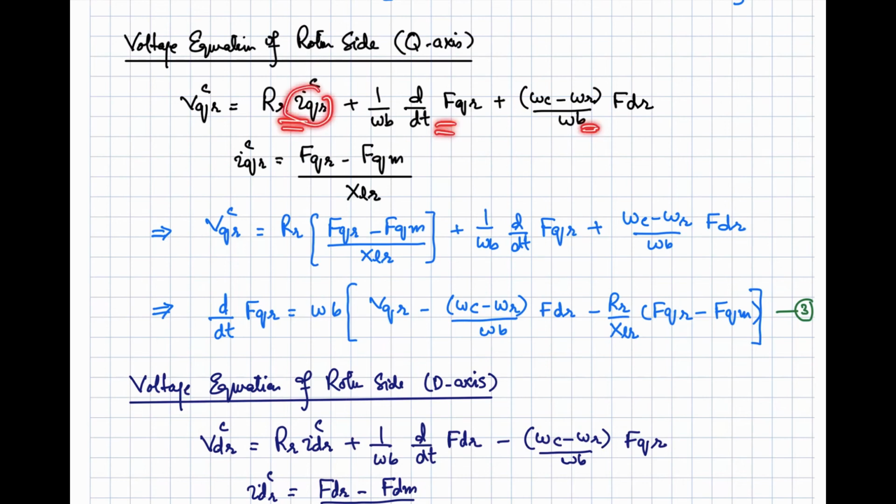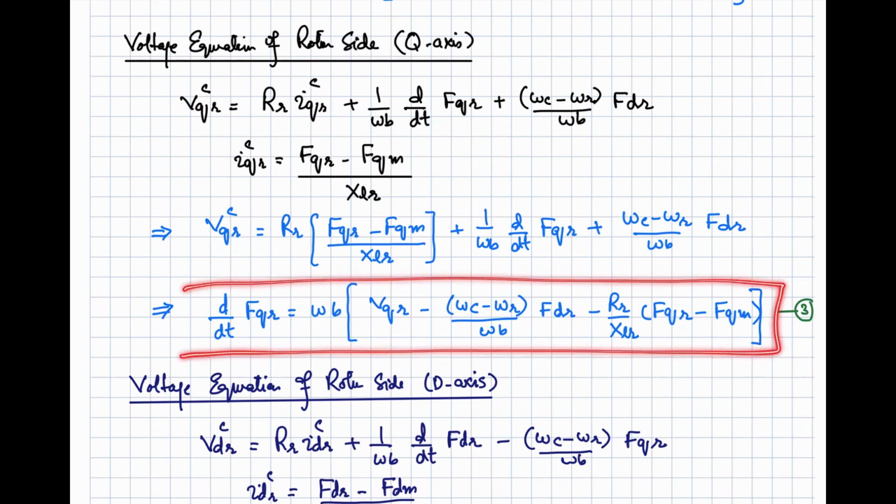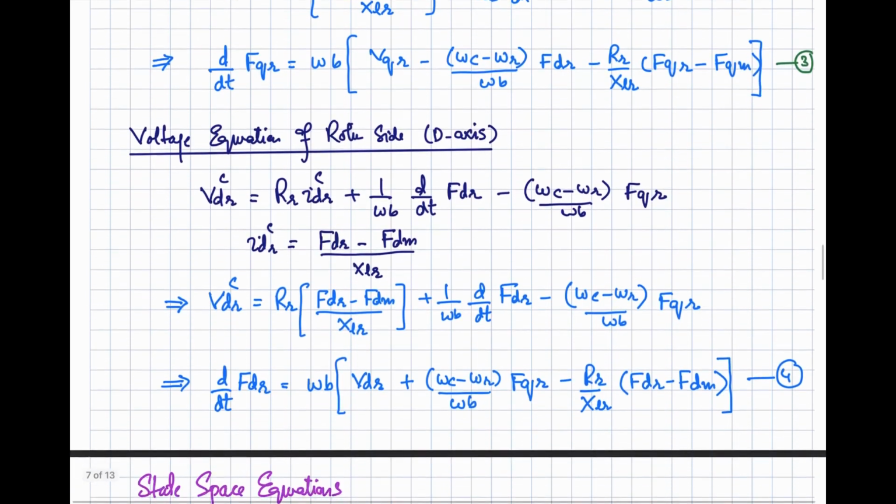Taking the value of the IQR, you can represent it in terms of the FQR. We are considering FQS, FDS, FQR and FDR, these four as the state variables of our system. Okay, so the third equation will be this one,